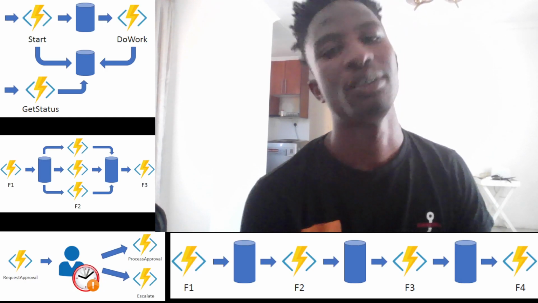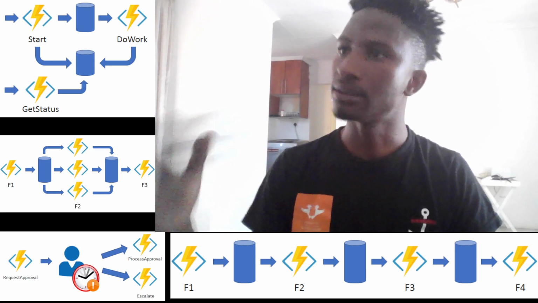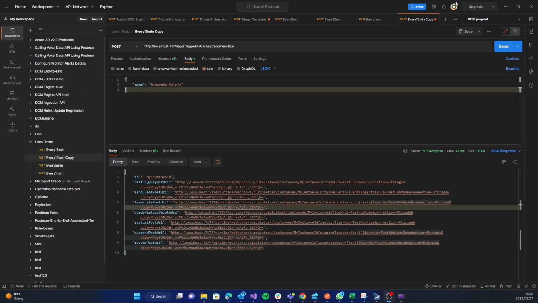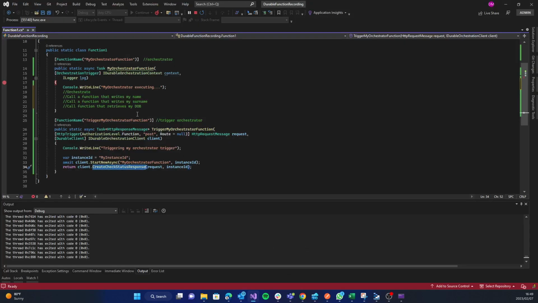I think the first video took way longer than I anticipated, so this one I'll try and make it as fast as possible. But going back to where we were on the previous video, we were triggering that and I was explaining what you can use this particular endpoint for. Code wise, we spoke about our entry function, the one that actually triggers our orchestrator, and our orchestrator basically does this